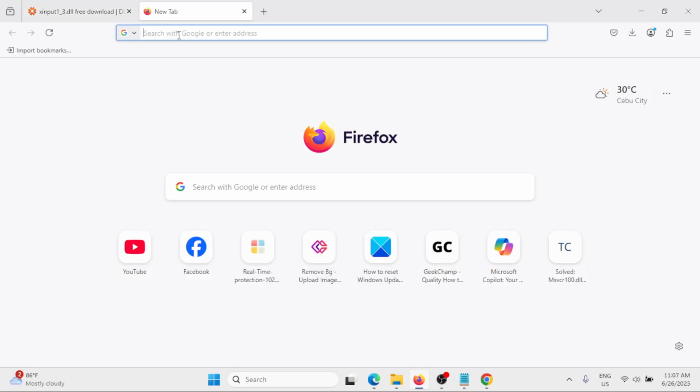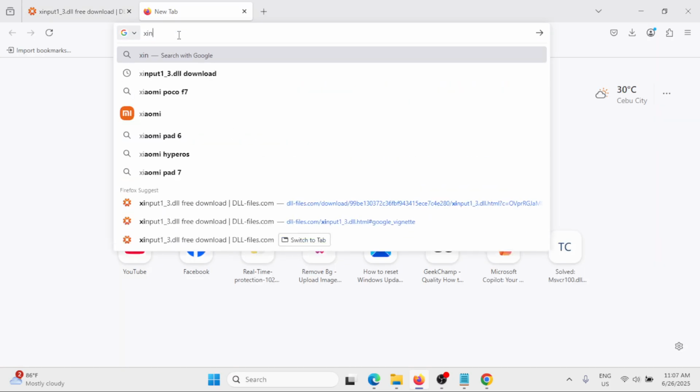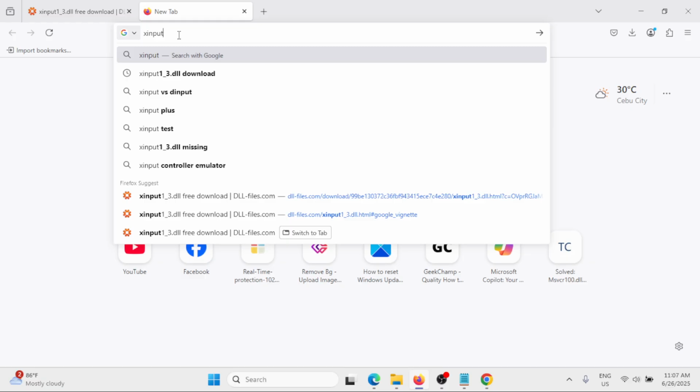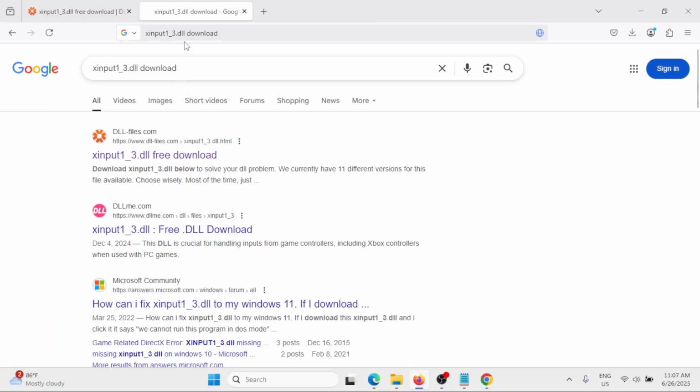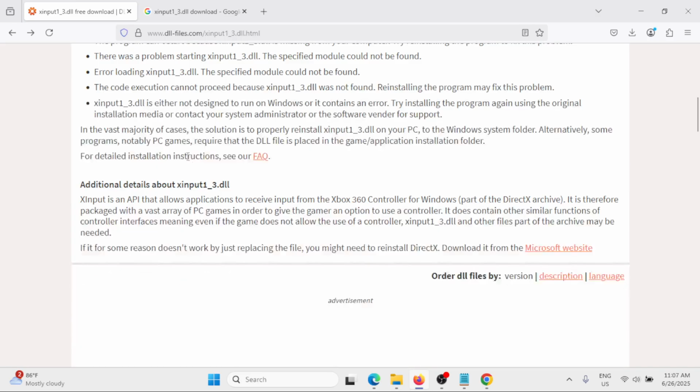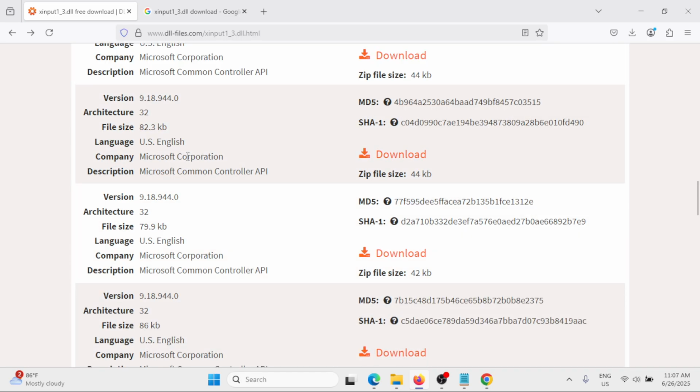this one. Type xinput1_3.dll download and click on it. Now, once you're in the web page, just simply locate the download button that corresponds to the architecture of your